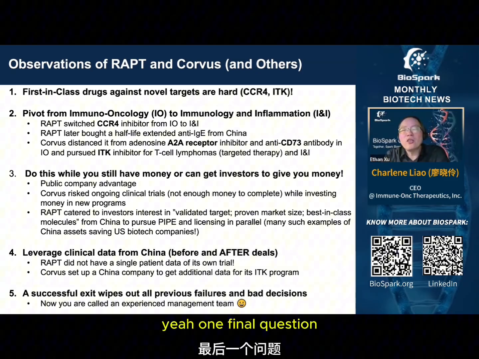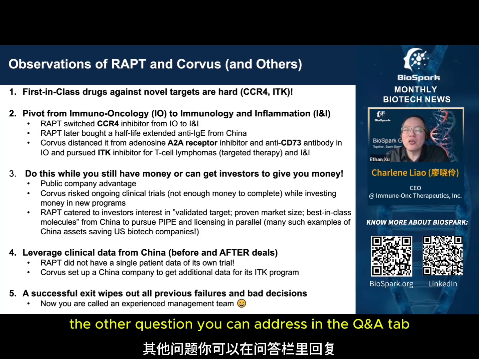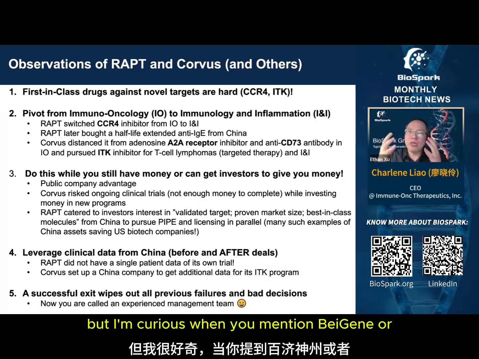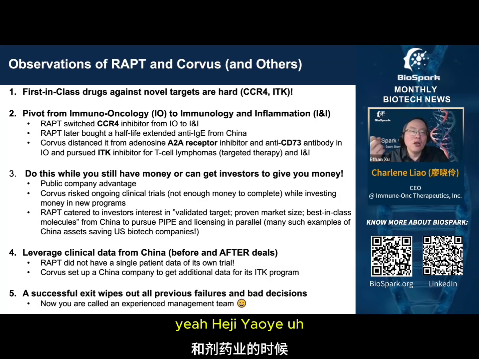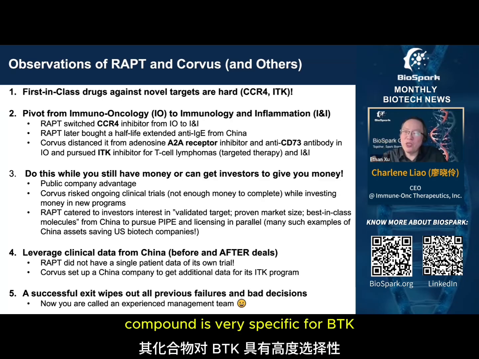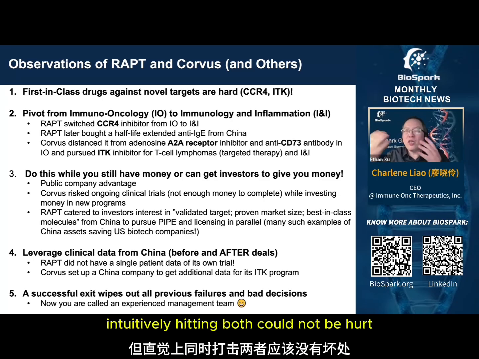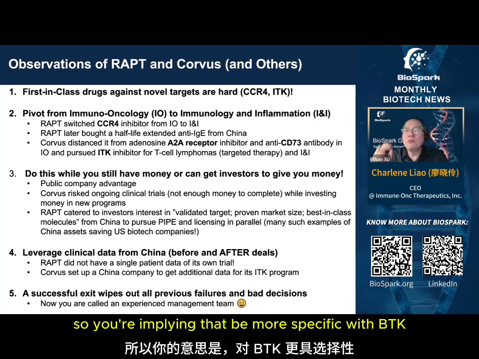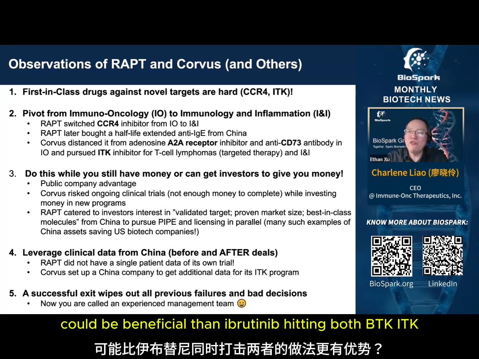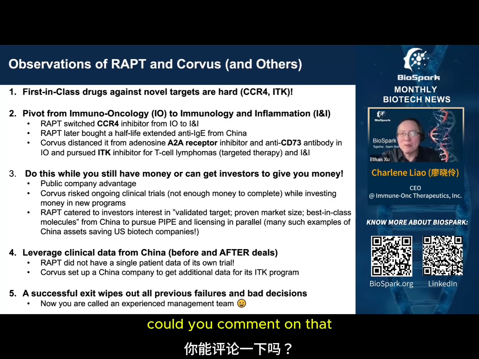Yeah. One final question. The other questions you can address in the Q&A tab. But I'm curious, when you mentioned BeiGene, their compound is very specific for BTK without hitting ITK. But intuitively, hitting both could not hurt. So you're implying that being more specific with BTK could be more beneficial than ibrutinib hitting both BTK and ITK. Could you comment on that? Yes,